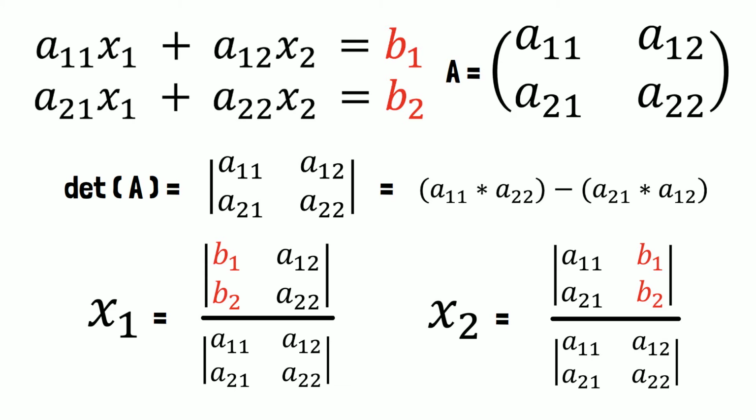The solution for x2 is similar. The difference is that we now swap the second column of the determinant of A for the solutions. So A12 becomes B1 and A22 becomes B2. We are not working out this example because it will make things more difficult than necessary, but we will now